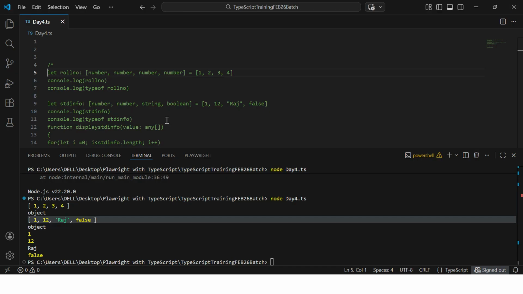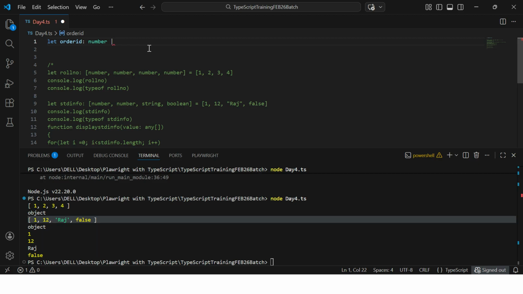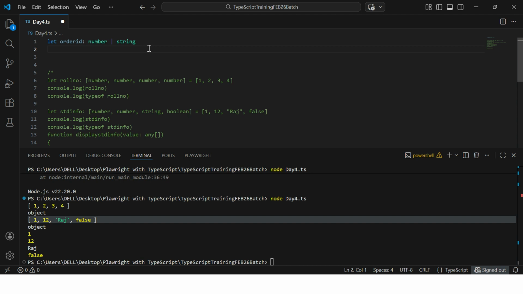So let's define something called orderId. Especially in the retail world, whenever you fill in all the details, after that an order ID will be generated. If we want to buy 3 products, 4 products, 5 products, an order ID will be generated. But the order ID can be a number or a string. Then how will we handle it? This is the way you can give it: number, pipe separated, string. Now you could see whenever you want to define any value, say id equal to